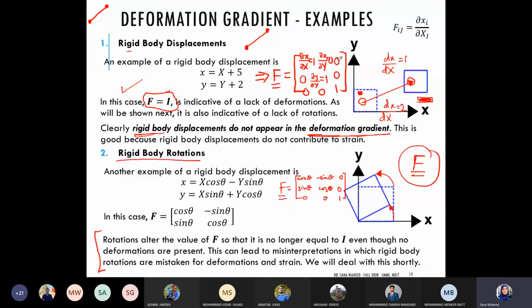I feel like I'm unnecessarily complicating it by explaining the physical meaning of each of these things. Just basically take it to understand that when we get the identity matrix, it just flat out tells us that there's only rigid body displacement happening. Nothing, no extension, shear or